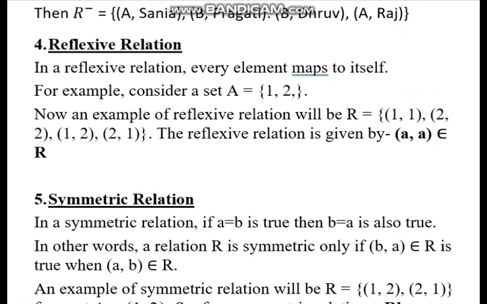We can also take one example from geometry of a reflexive relation. If we say the distance between 2 points is 0, okay, then that means, if we are taking the point (1, 2), we have to find a point whose distance from (1, 2) is 0, so that will be the point itself.